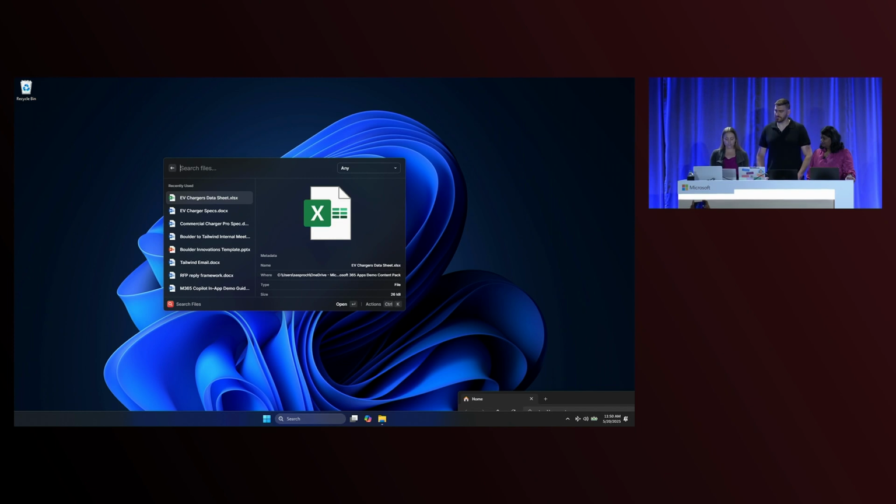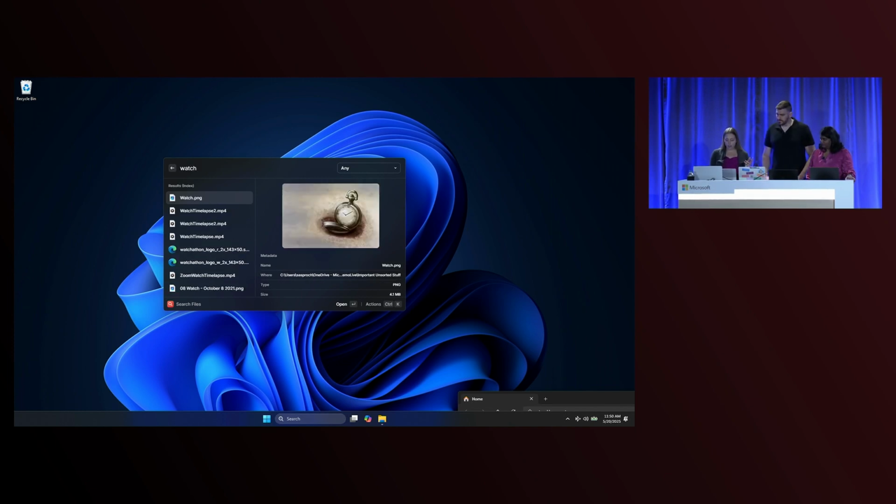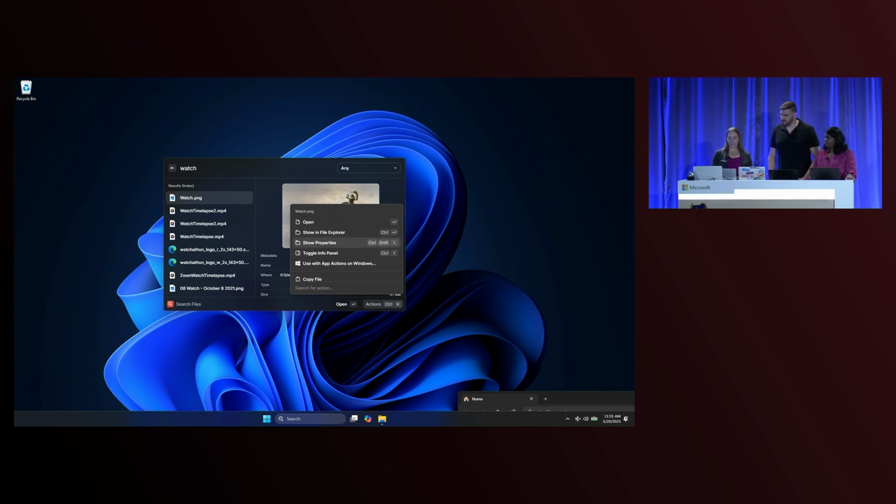So in this case, I'm going to search for files. I'm going to look for my watch, and this could be a video or an image that I had just created. Then I'm going to choose Control-K to launch actions, look for the actions on Windows, and you can see right here, set this picture as my Zoom background was there in Filmora as well. But there's also all these other actions.